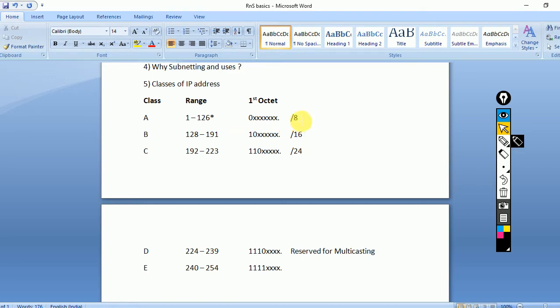So nobody needs a class A IP address. Nobody is going to use a complete /16 IP address. Nobody is going to use a /24 IP address. And that's the reason behind this. So in the next class we will see about